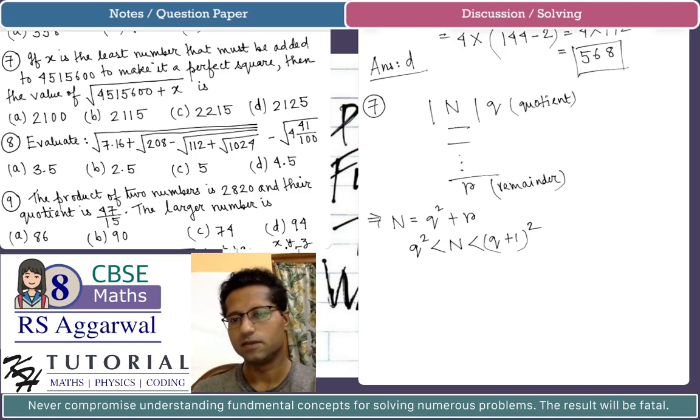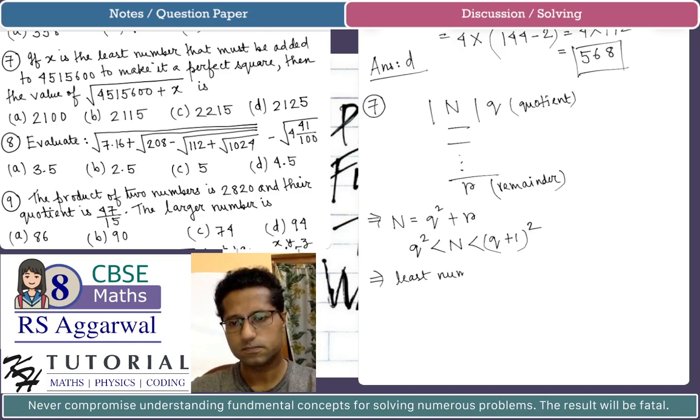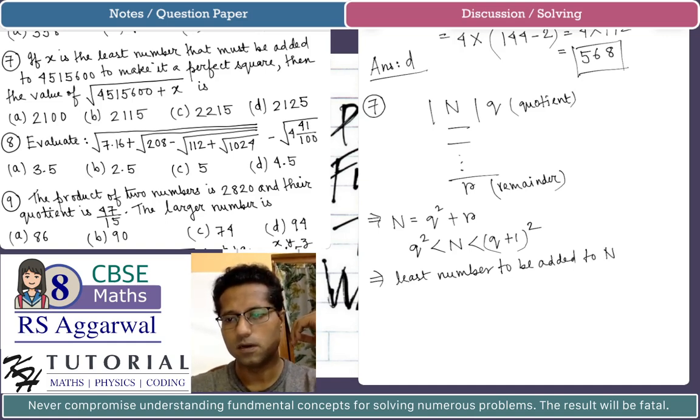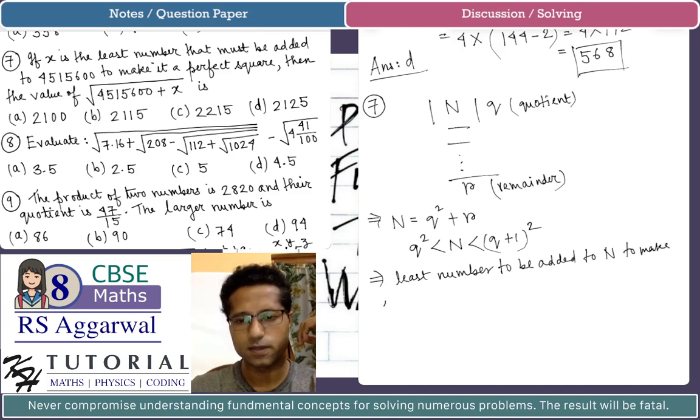It lies between q square and q plus 1 whole square. So this implies the least number to be added to n to make it a perfect square